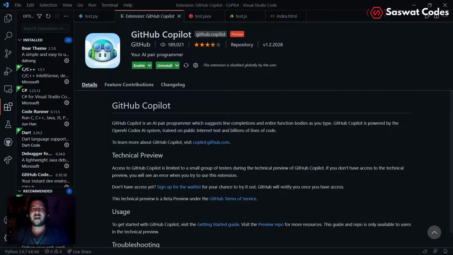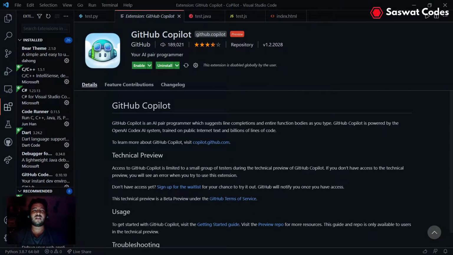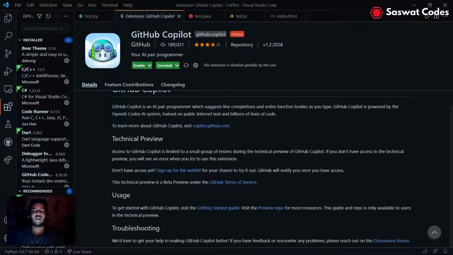Obviously it is a Microsoft product, so obviously we are going to use it in a Microsoft product. This is the first preview, and there is not much written here, although we know what it is. In simple terms, it is going to write the code automatically. We just have to give some hints to Copilot, and then it will automatically generate the whole code. So let me enable it, and yes, it is now globally enabled.